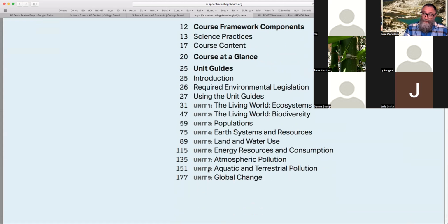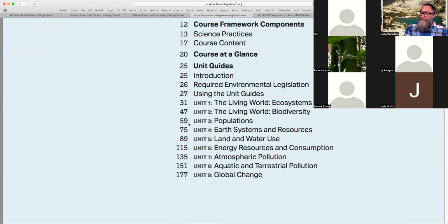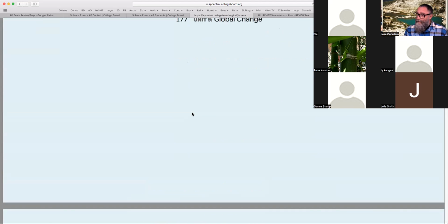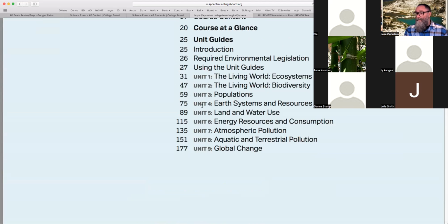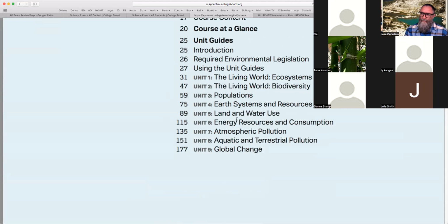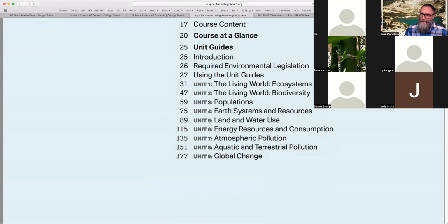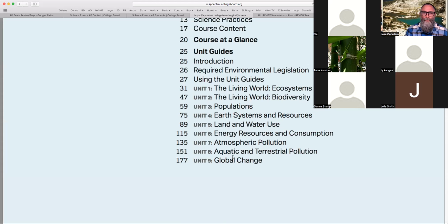But if you could please look at the screen now, you might want to make a note on a Post-it. I'd like you to check pages 31 through the end of the unit. These units right here, units 1 through 9. There's ecosystems, biodiversity, population, earth systems, resources, land and water use, energy resources consumption, atmospheric pollution, aquatic terrestrial pollution, and global change. Some of those overlap perfectly with the units in my class, but some of those are scattered across